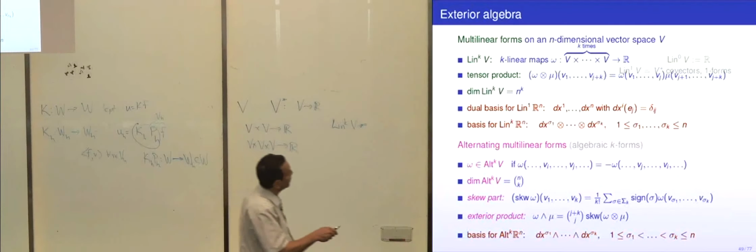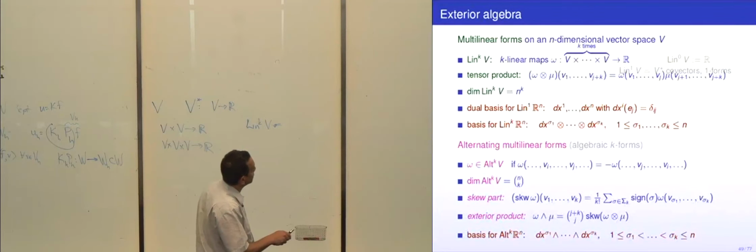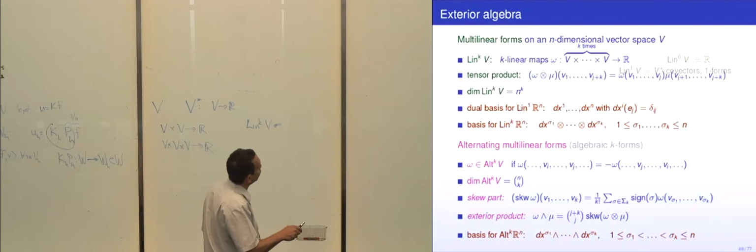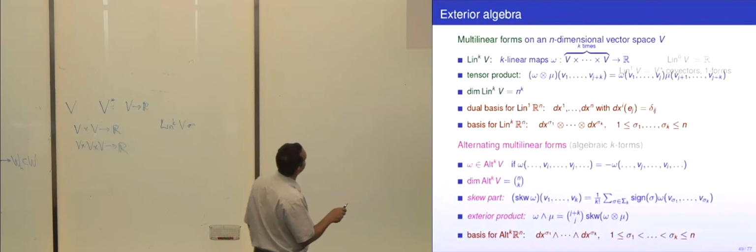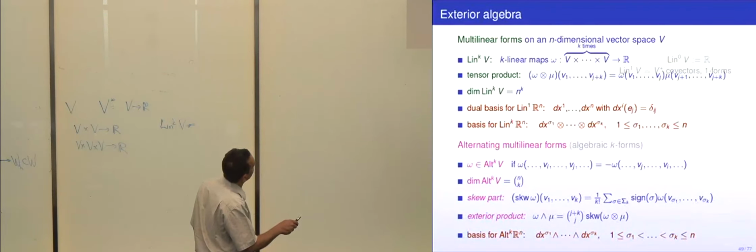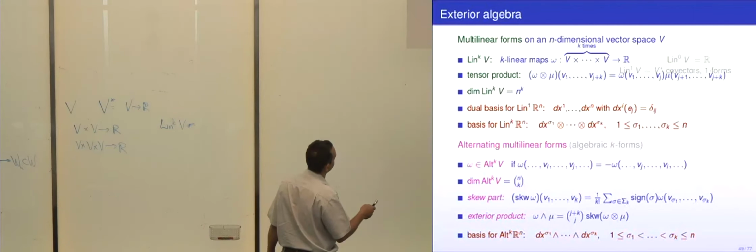So there it is. They're linear in each of the K arguments. So Lin1 of V is just the dual space, the space of what's called either covectors, dual vectors, or in this language, people call them one forms. So you can call the bilinear ones two forms and so forth. And you should also have zero forms. A K form takes K vectors and gives you a number. So a zero form takes nothing at all and gives you a real number, so it's just the real numbers.